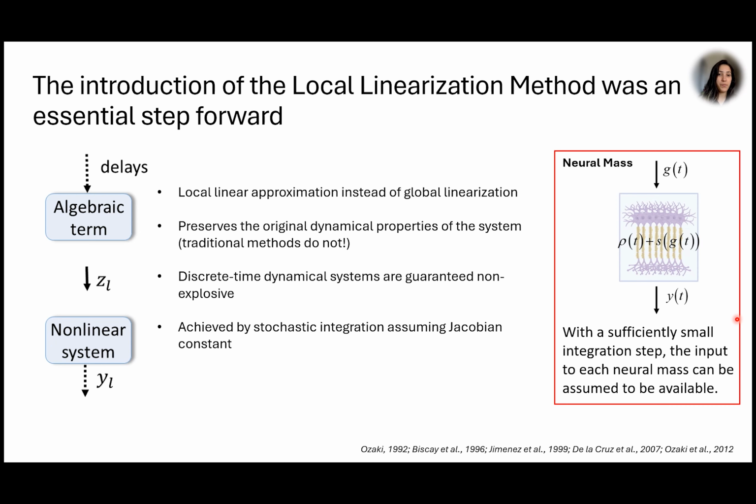In our approach to neural mass modeling integration, we use the Wang trick with exponential matrices for efficiency. And I want to highlight a basic observation that simplifies neural mass models by decoupling them with a sufficiently small integration step. The input to each neural mass can be assumed to be available. In turn, this means that from the point of view of any given neural mass, its inputs are already available. This innovative approach represents a significant step forward in addressing the challenges of neural mass modeling.